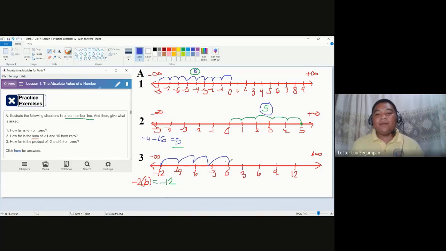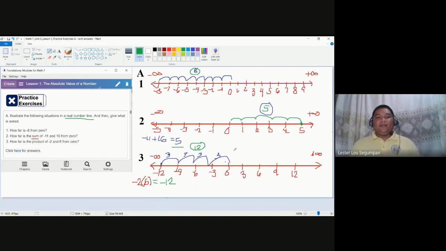how many holes are being passed by each step? From here, you use multiples of 3. So you actually jump 4 multiples of 3s. So it's not similar to number 1 where you simply counted 1, 2, 3, 4, 5, 6, 7, 8. In number 3, you will count 3 per jump. 3, another jump, 3, 3. In short, 3, 6, 9, 12. So how far is the product of negative 2 and 6, which is negative 12, from 0? The answer is 12.